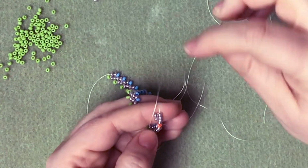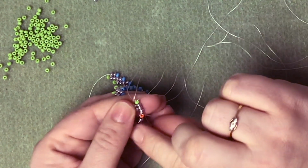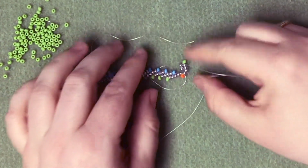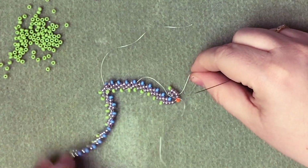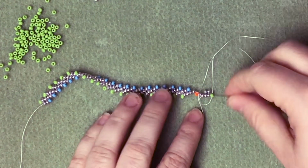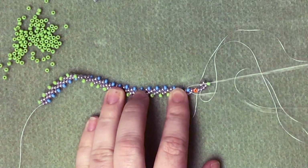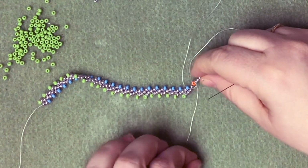So we use the green beads for the turn. So we're going to come back down through 3 beads towards the keeper bead there. And now this is where it's slightly different, because rather than picking up a new bead to turn back up to start the next step, we're going to move that thread out of the way, and go up through the blue bead that's already attached. So we're going to come up through there, and it will pull with a bit of persuasion,